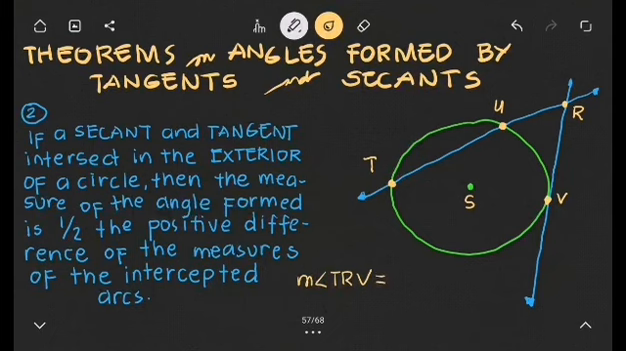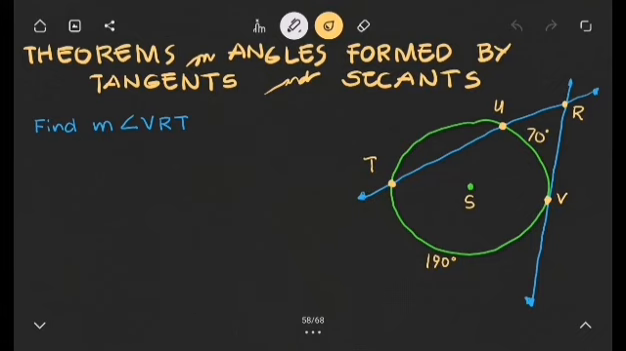As stated dun sa theorem, ang sukat daw nito is the same dun sa first case natin. 1/2 of the positive difference of the intercepted arcs. So meaning to say, 1/2 of the measure of arc TV minus the measure of arc UV. Okay, so let's try yung merong nakalagay na measurement. So to find the measure of arc VRT,